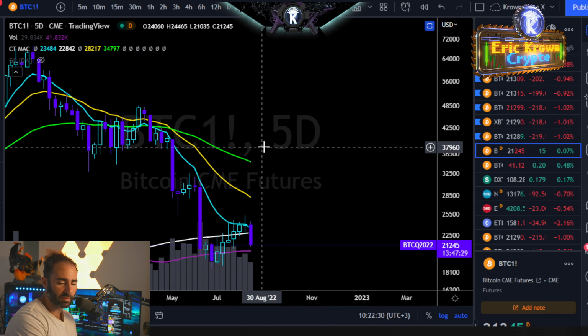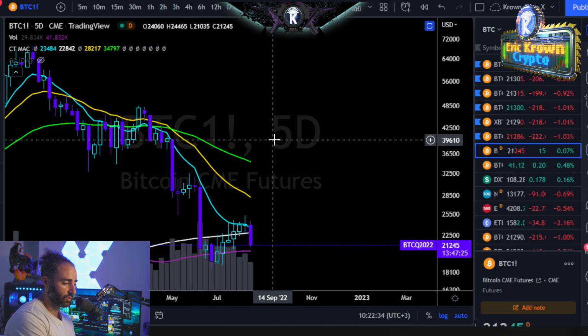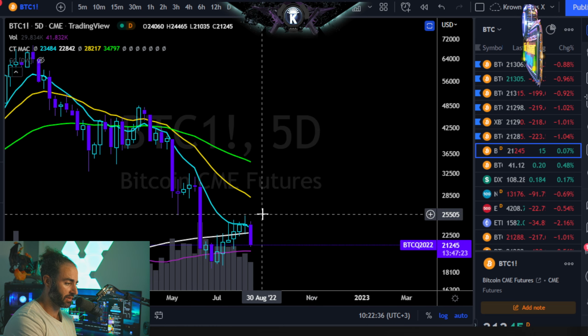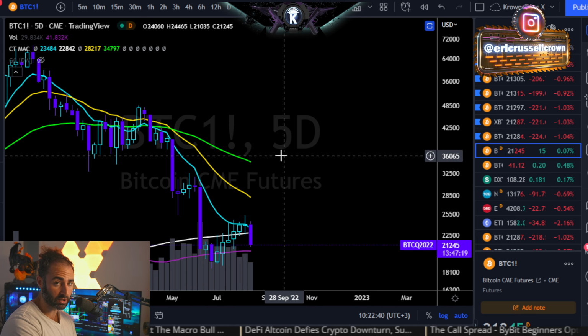The bullish hopium is that Bitcoin holds those lows, puts in an ever so slightly higher low, while everyone gets super bearish, and then flips back around above our current pivot at 25,000 bucks. That would be really, really good coming into the end of the year for a nice big rally, if you can imagine that right now.